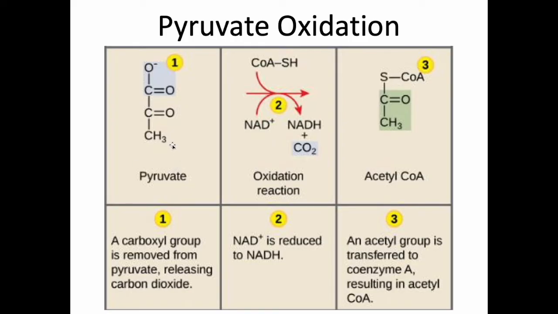So we start with pyruvate, 1, 2, 3 carbons, and with a single enzyme, we're going to do a couple of things. We are going to, once again, rip off electrons from pyruvate. We're going to reduce NAD plus into NADH. So great, we're doing more oxidation of this carbon. We're getting more high energy electrons.